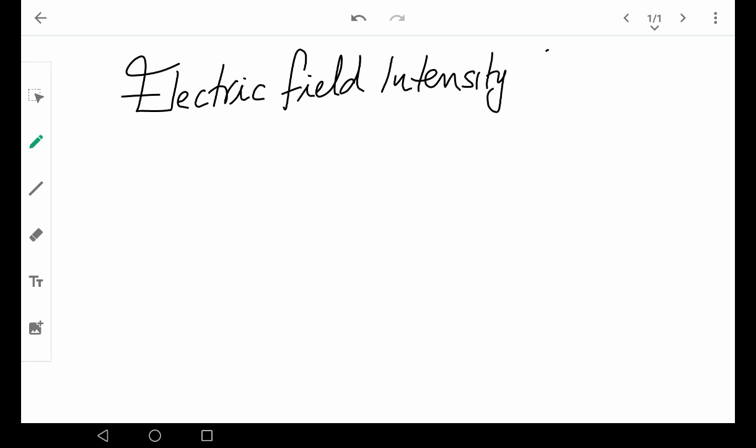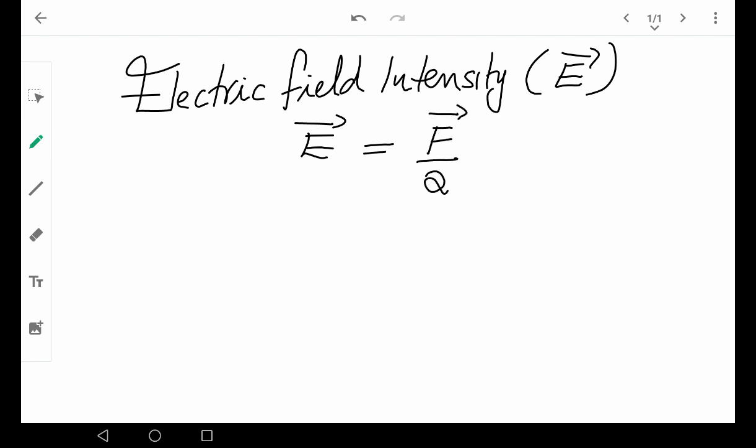It's a vector. You can denote that vector by the symbol E. Electric field intensity is related to the electrical force, the Coulomb force, by the equation E equal to F divided by Q. That's the equation for the electric field intensity. So you can define it as the force